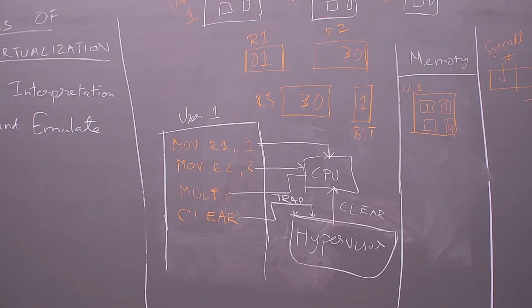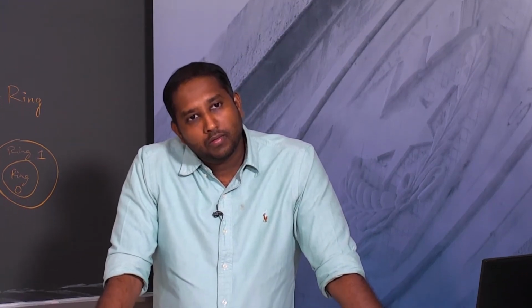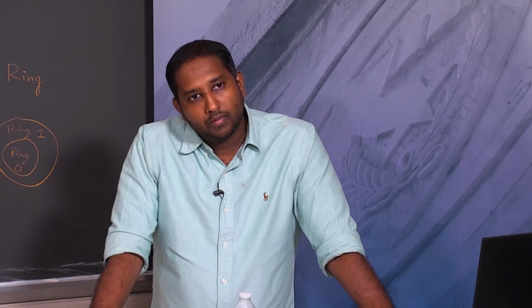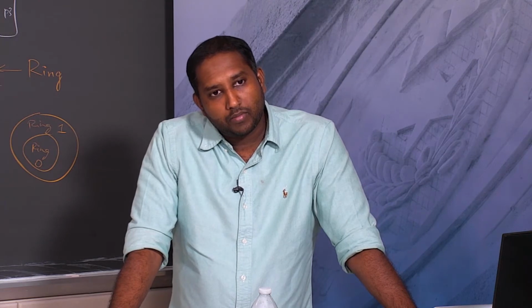Yeah, I'm just curious. So in the hosted interpretation model, we were trapping on every instruction. And I'm wondering why, if the registers are protected during a context switch where we save the register values in memory regardless, why would we trap on every instruction even if we don't